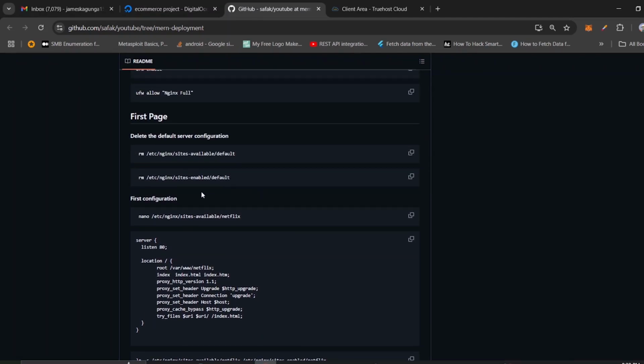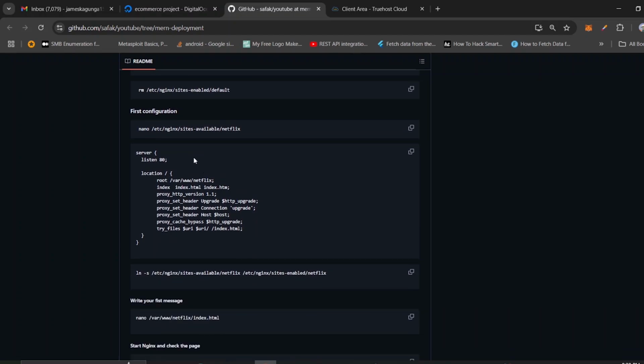configuration, and that's why we need to first of all remove any default Nginx configuration file, because they are located in /etc/nginx/sites-available, and also for this one it's /etc/nginx/sites-enabled. They have a file inside that is called default. So we are going to create our Nginx file, and our Nginx file will be